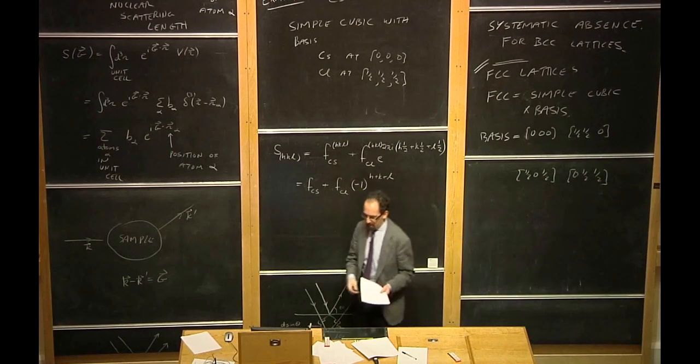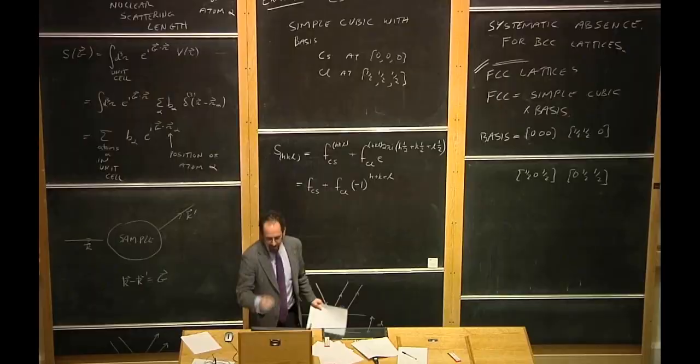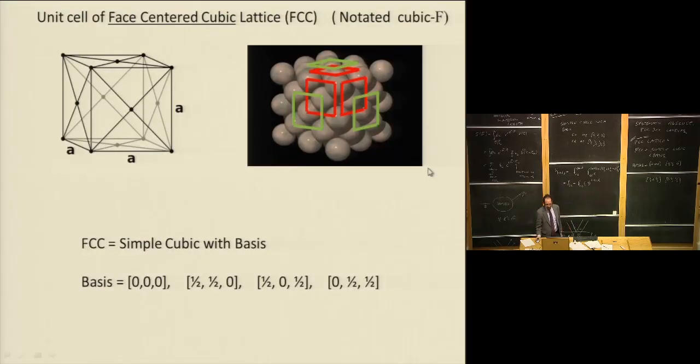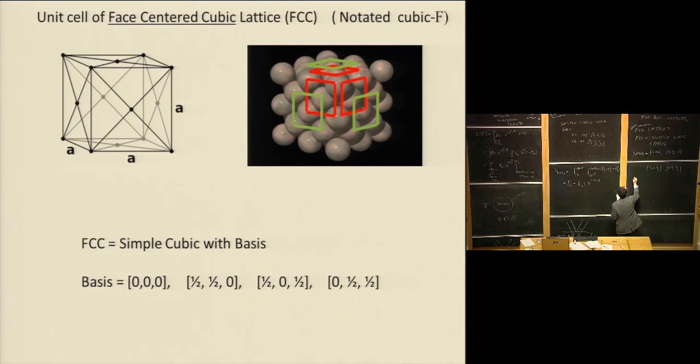Actually, I think I have a picture of that as well. Remember this from a couple lectures ago. The FCC lattice is 4 interpenetrating simple cubics. Okay? So we can write the structure factor. The structure factor is going to be the sum over all these 4 lattice points within the conventional unit cell of e to the 2 pi i, and I'll abbreviate this, (h k l) dotted into (u v w) point alpha,